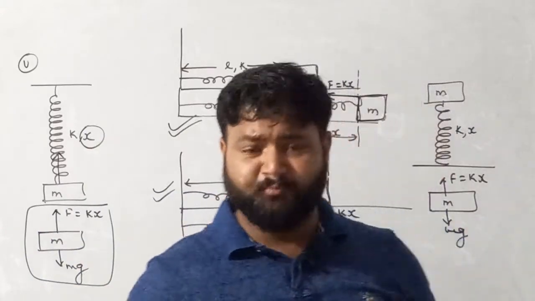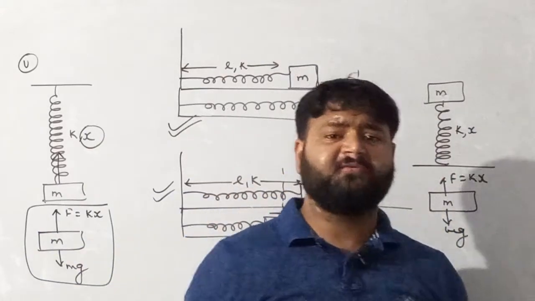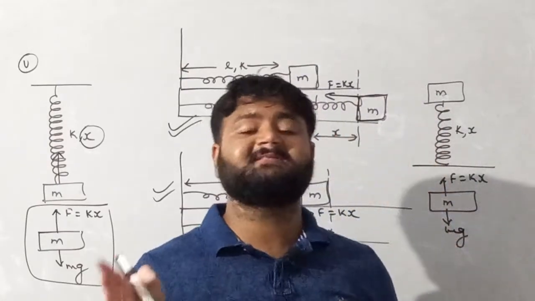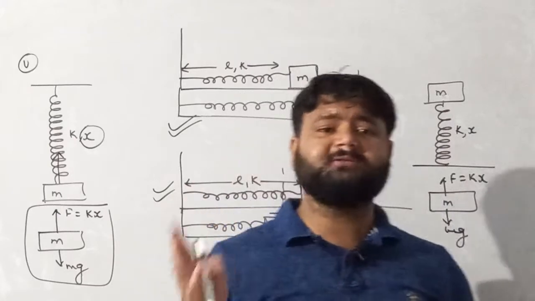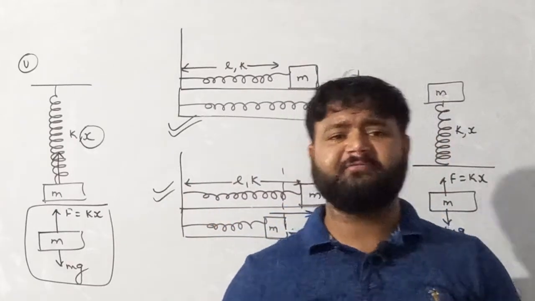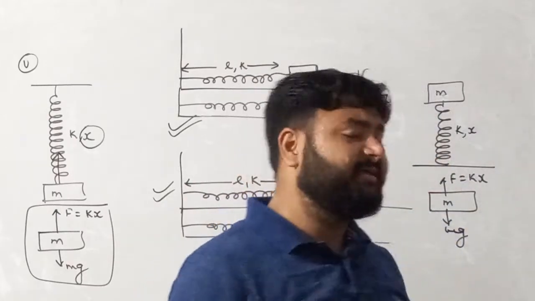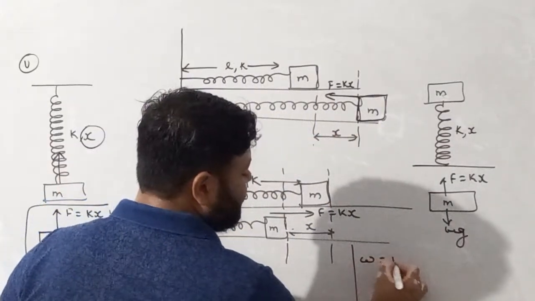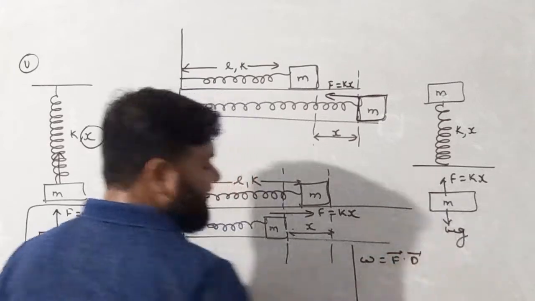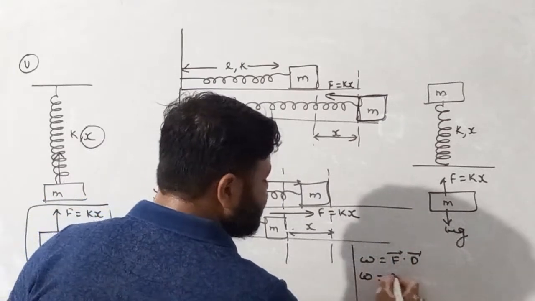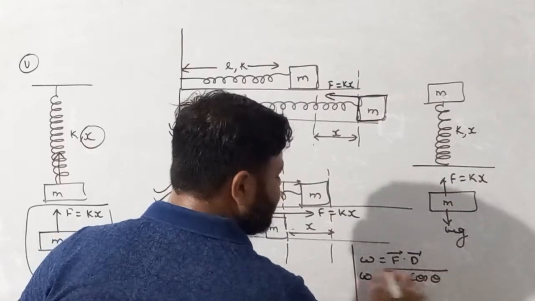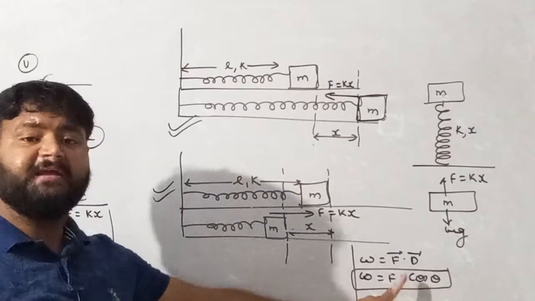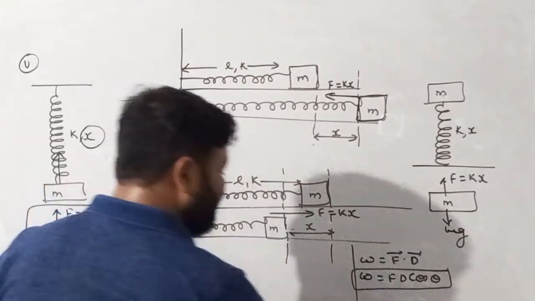As simple as this. Moving forward, we have two types of forces: one is constant force and the other is variable force. For both forces, the formula of work done is different. If force is constant, then, I'm repeating once again, the formula of work done is simple: F vector dot d vector, or F d cos theta, where theta is the angle between force and displacement. This formula is valid if force is constant. But what if force is variable?